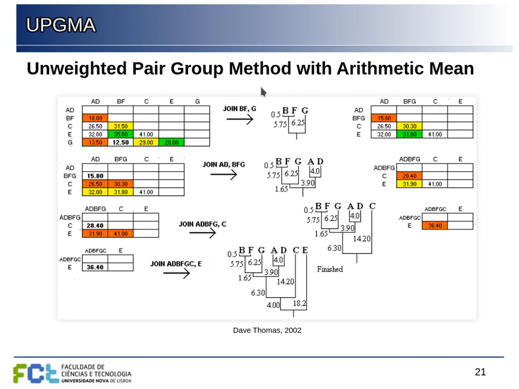So for multiple sequence alignment, we really don't need the whole tree. We just need to know the ordering here. So we would have to align B with F, then G. We also would have to align A with D, and then align the alignment of AD with the alignment of BFG. And then we would align C with that group, and then E with the rest. So this would give us the order by which we would progressively or hierarchically follow the alignments in order to produce the multiple sequence alignment.